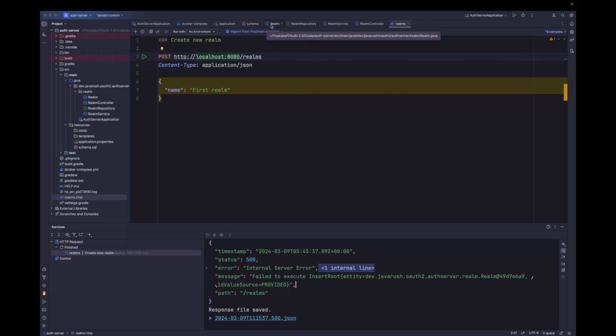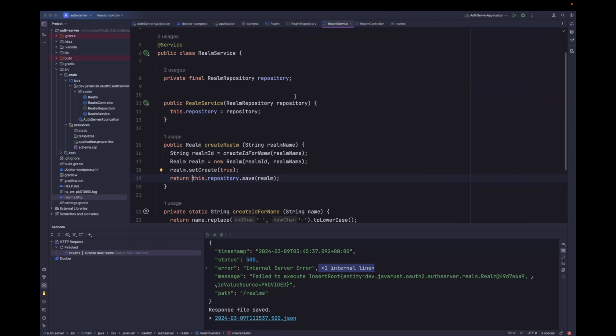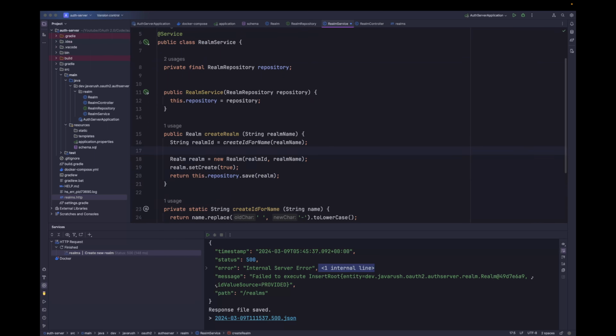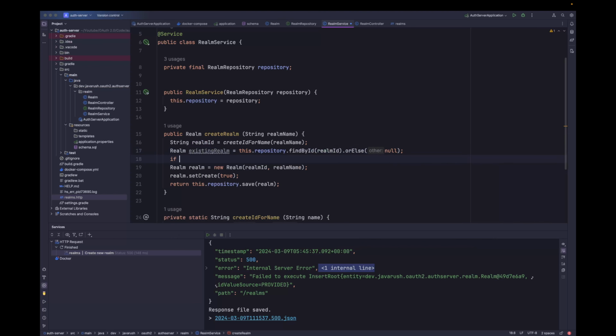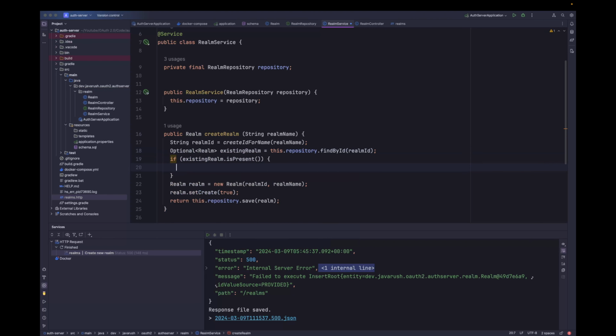So how to handle that? Let's go to realm service here, and we have this realm ID. So let's say existing realm equal to this.repository.findById(realmID).orElse(null). So if existing realm is present, that means if there is any existing realm with the same ID,